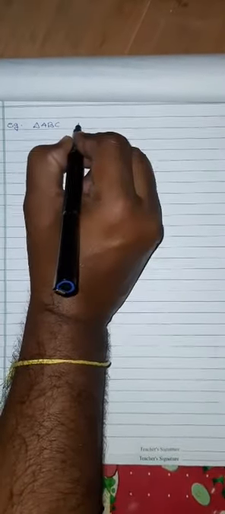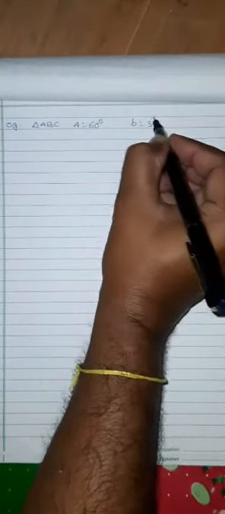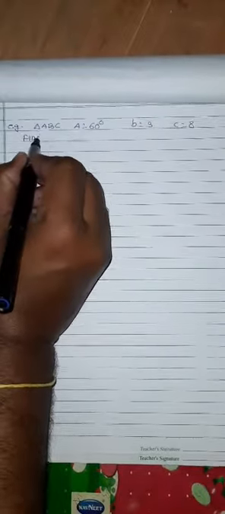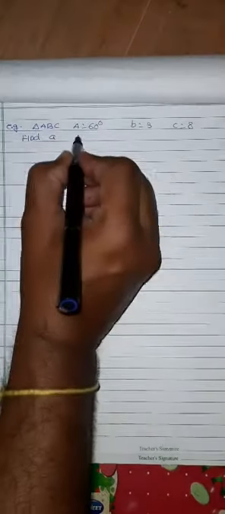Now consider an example on this. The first example we take is on the cosine rule. Suppose in triangle ABC, angle A is equal to 60 degrees, b is equal to 3 units and c is equal to 8 units, then find small a. The question is to find small a, and also the circumradius of the triangle, which means we have to find R is equal to what.